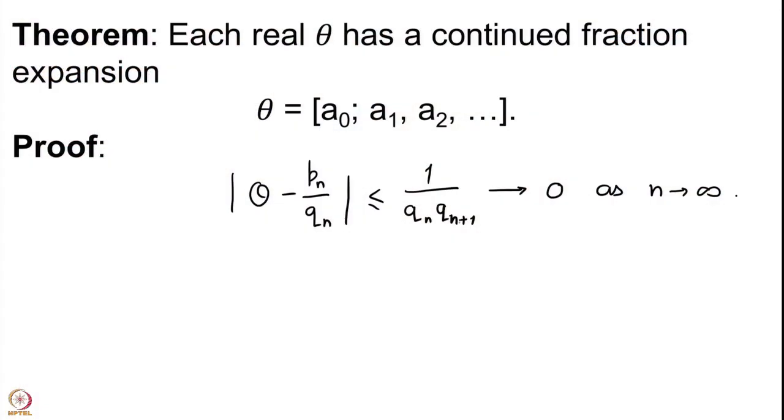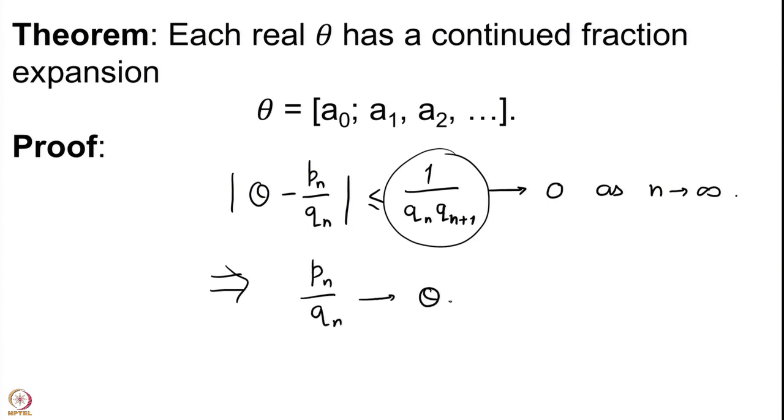So, if you have a sequence of real numbers going to infinity, it really means that given any integer, let us say any natural number, there are only finitely many terms of that sequence less than or equal to that integer. Therefore, these Qn plus 1 are going to infinity, the product will also naturally go to infinity, and therefore, the 1 upon Qn plus 1 goes to 0 as n goes to infinity, which means that Pn upon Qn converges to the real number theta.